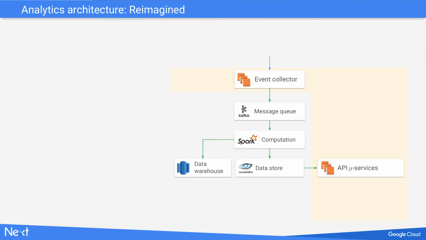Events come in through the top. They get parsed by the collector. The collector basically says, this is the list of parameters that I got on the HTTP request. This is the list of headers that I got on it. Let me do some geo lookup, let me figure out which device it's running on, all that kind of stuff, and put it onto a message queue. And we do some computation and we put it into a database that we can query.